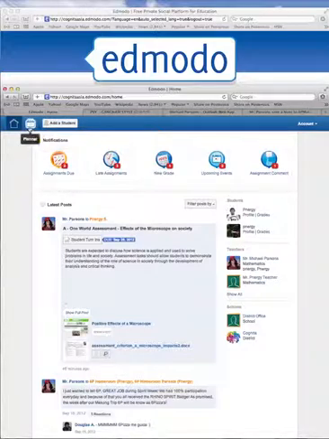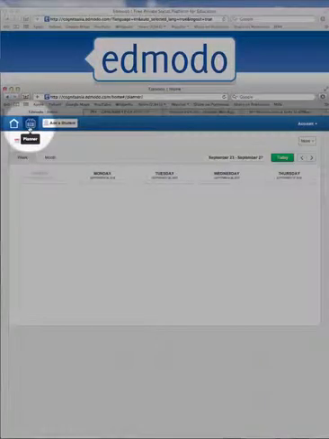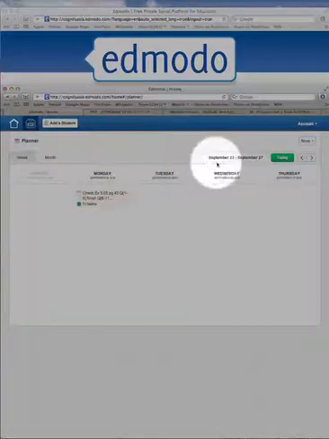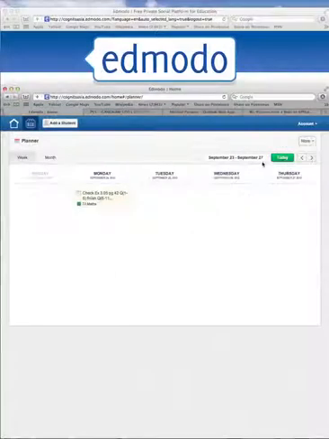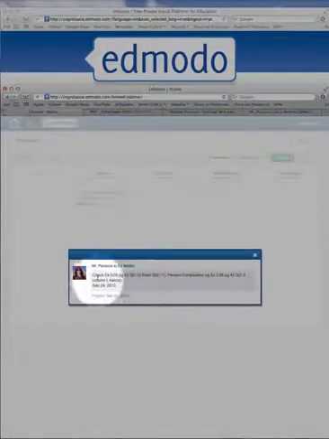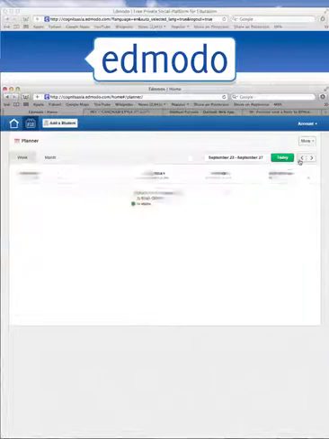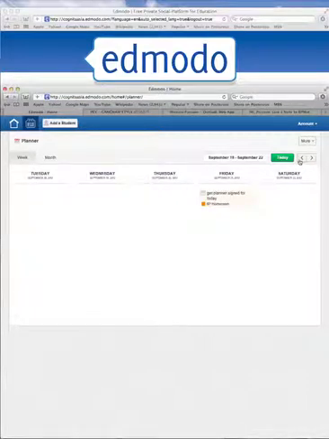So let's go to the planner or the calendar. We'll click on it. And this comes up, and this is for this week here, September 23rd to September 27th. And you can see so far there's been one thing posted, and it happens to be an assignment for the 7J math class that one of the students is enrolled in. Check this exercise, then what's going to happen in the class, percent composition, and the assignment that's happening, and when it is due. If I go back a week, this was our trip week, so you can see that there's not much happening this week. I'll go back one more week,